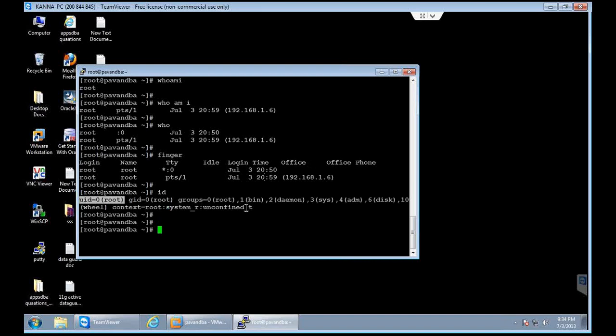So for one output itself you have different commands in Linux. So this is the way to identify which user we got connected with.